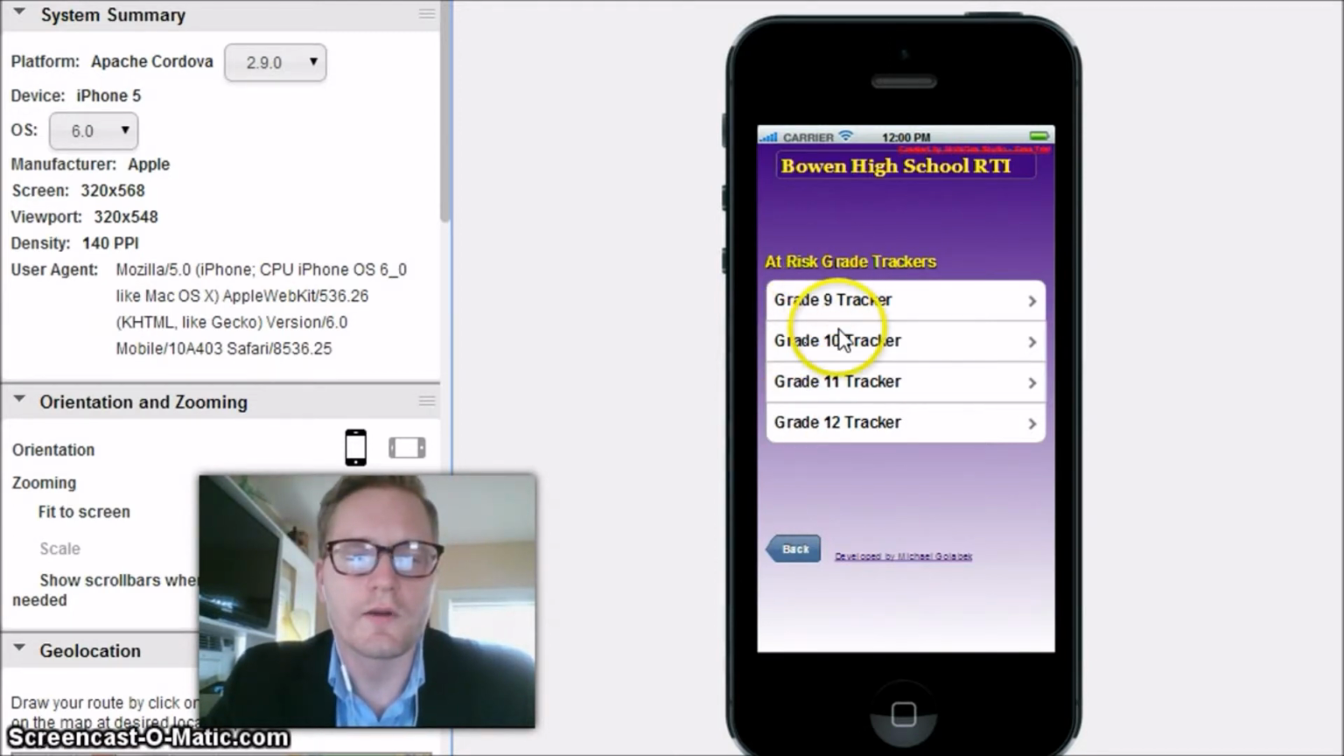So you have the various grade trackers. So you have the 9th, 10th, 11th, and 12th grade. And what you can do then is click on that grade tracker. So each grade level is going to have a team. Not only the team, but every teacher is going to have this app, and then so they're all involved in the process. So if you click on the grade tracker,